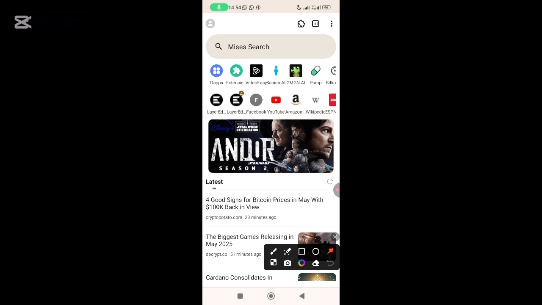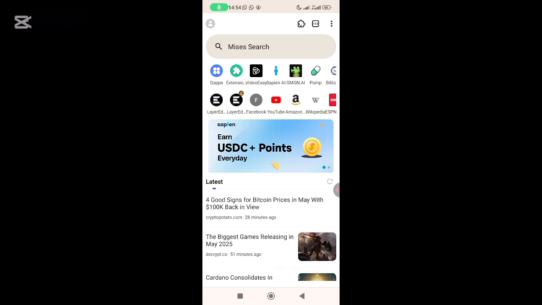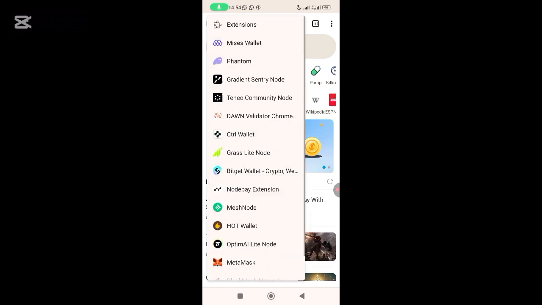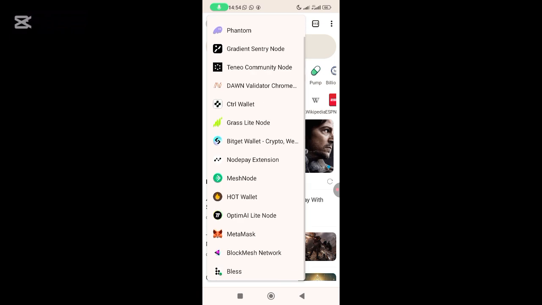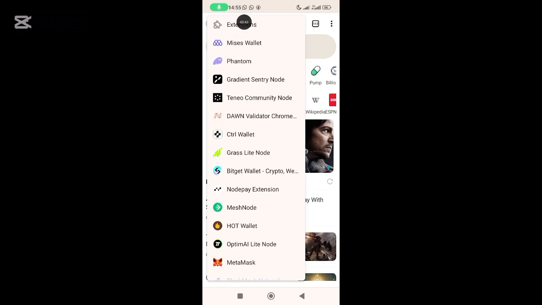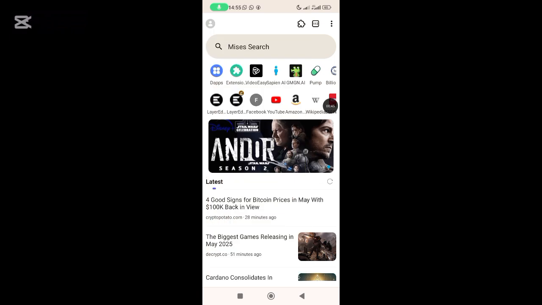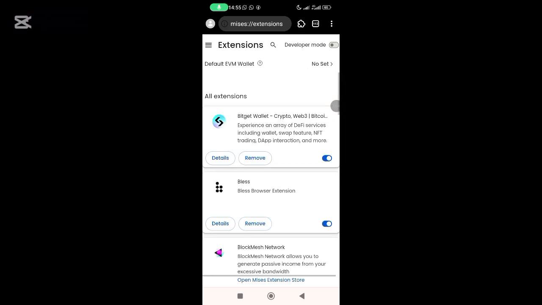So after downloading Mrs. Browser, just enter the app, and this is how the interface will look like. So all you have to do is just to click on this extension button that is at the top. When you click on it, it will pop up a place like this. Then click on this extension right here, and it's going to load up a page whereby you just have to